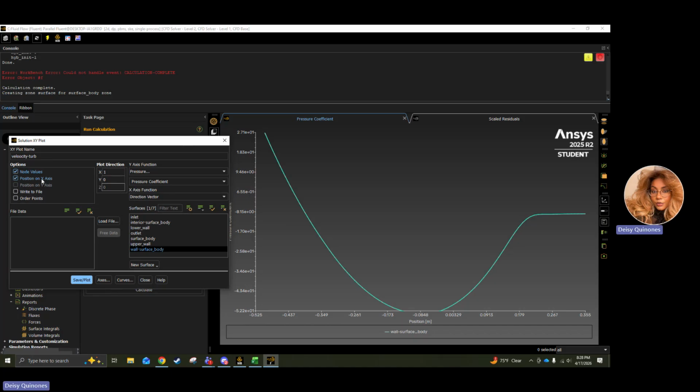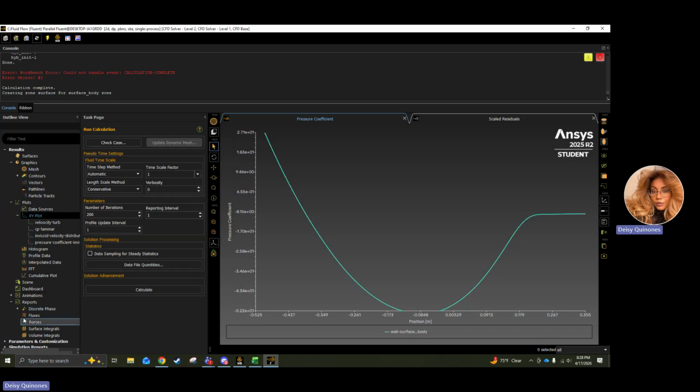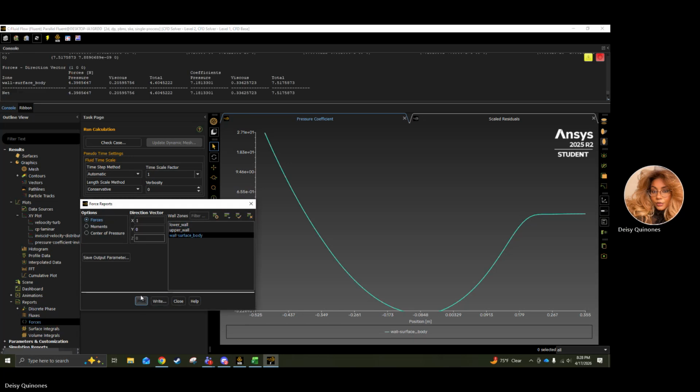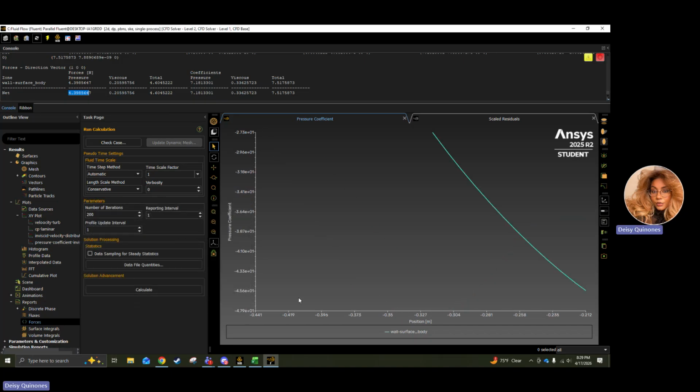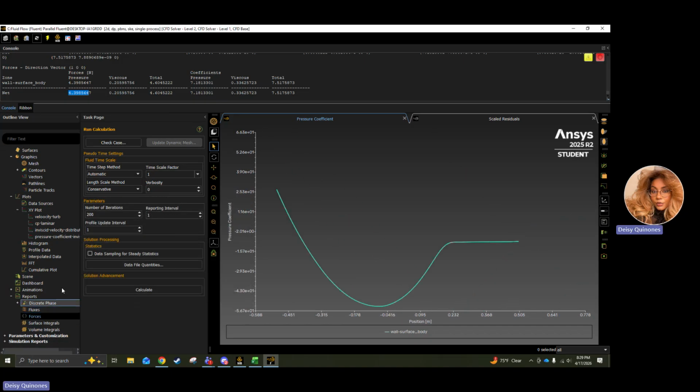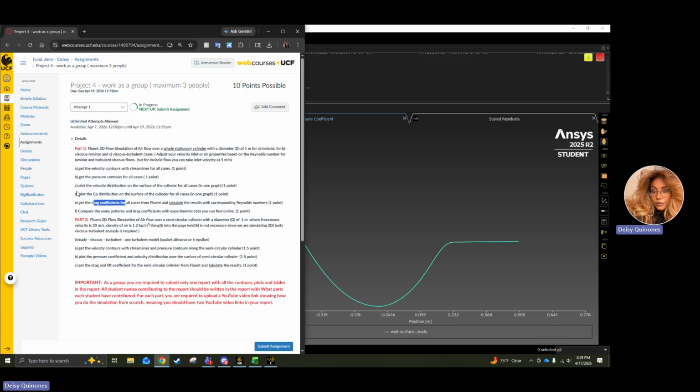And so you got the CP, you got the velocity, and the final thing that you want to get is forces again. Interesting. Okay, so that completes getting the velocity distribution, CP distribution, and then the drag coefficients from printing it out. Now we're going to compare the wake patterns and the drag coefficients. So when we first did all of these, I'm going to compare them to how